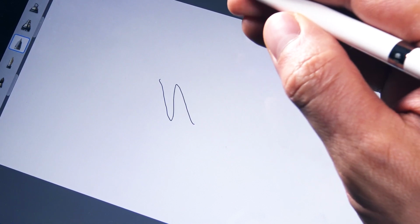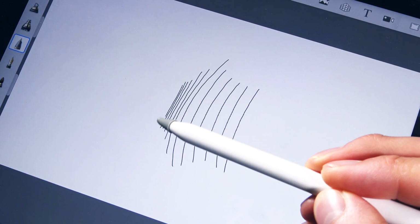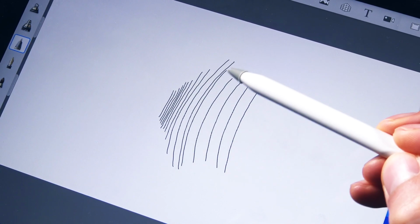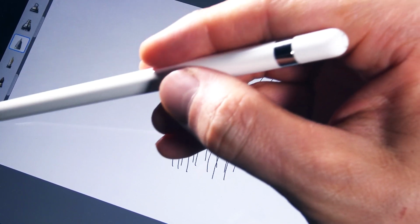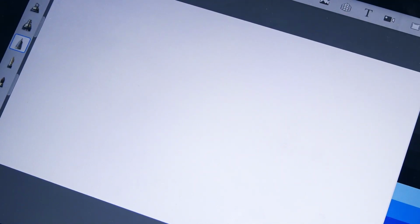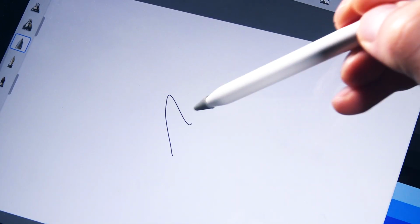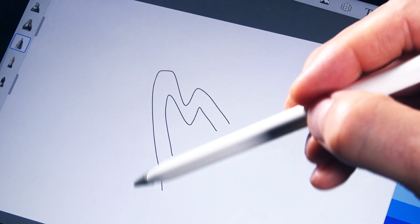Yeah, I like this. The Pen Tips website mentions that you can use this with a screen protector, if you wanted to combine it with Paperlike or something like that. I honestly don't see myself needing to do that. When I'm not using it for drawing, I don't necessarily want a screen protector on there all the time. I'm used to working just on a plain touch screen. So the idea of having the screen protector just on the tip of the pencil